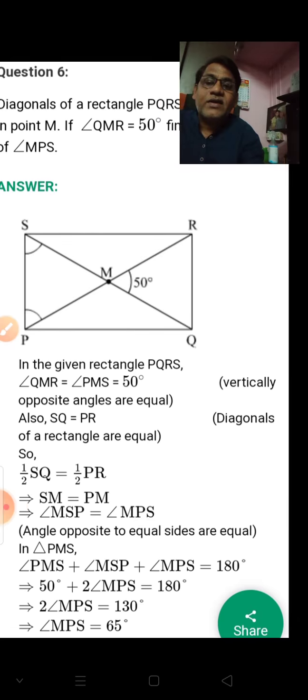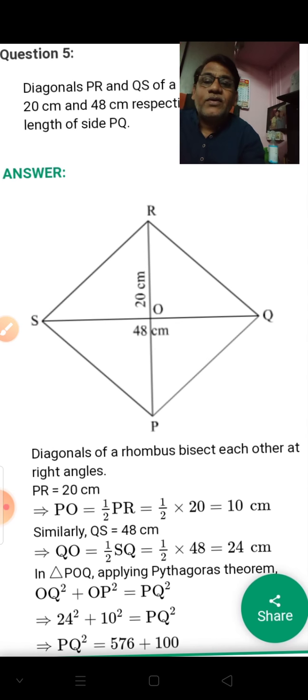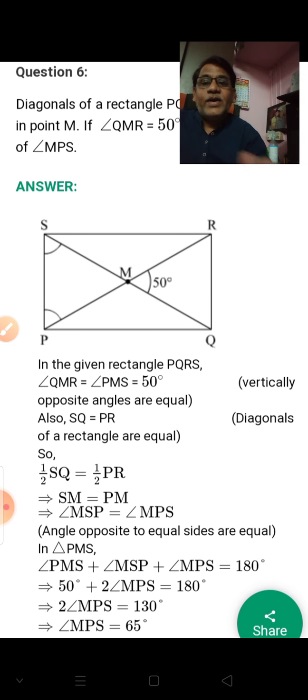Right? You get it now? So we completed the 6 questions here in the problem set. Some other questions are there. You have to practice those questions. If any doubt, you can ask me. Okay. Now we have completed the whole chapter, quadrilateral. You practice it first and then ask me the doubts.